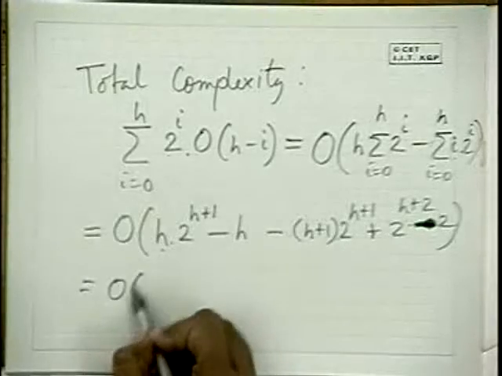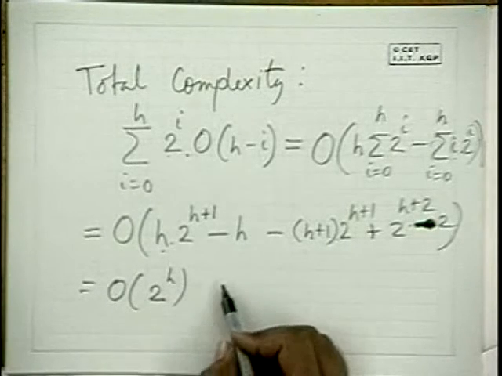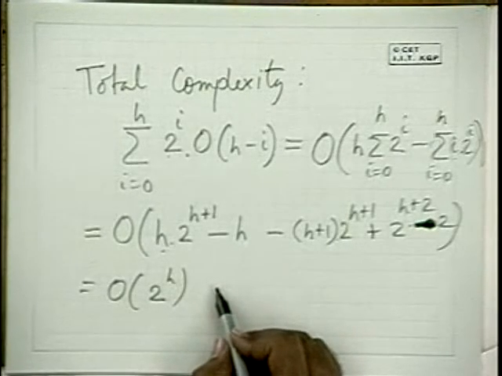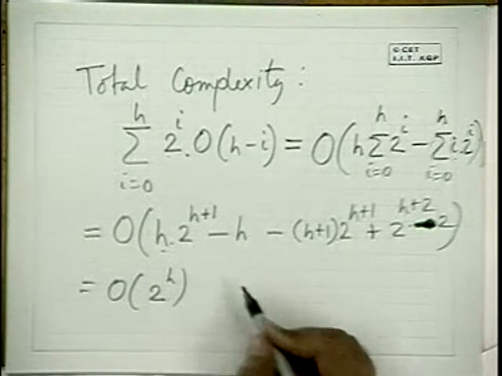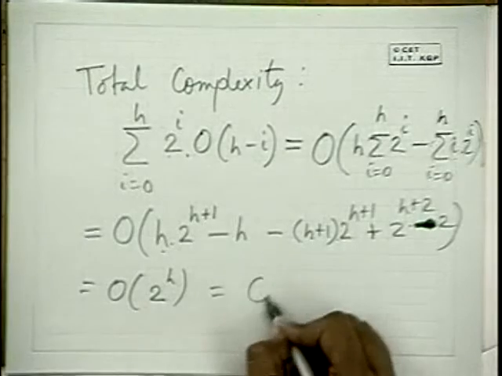That's the most important thing. They cancel out now. You see, what is h times 2 to the power h actually in terms of n? It's n log n. h is log n, 2 to the power h is n. So h times 2 to the power h was n log n, and they got cancelled out. What is left in terms of complexity? This is actually order of 2 to the power h. And what is 2 to the power h? h is log n, so this is exactly order of n.